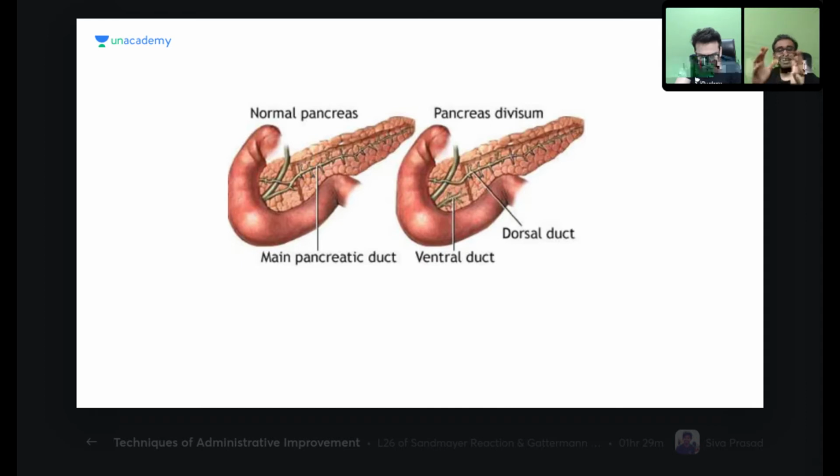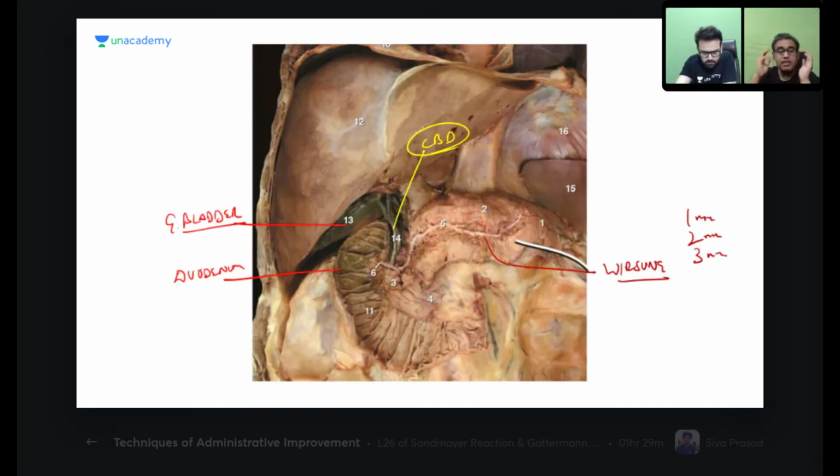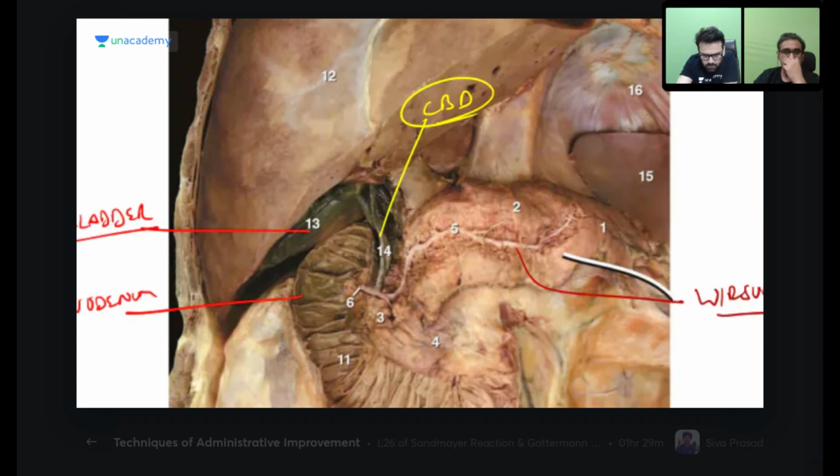Now let's understand the relations around the pancreas. So what are the various relations around the pancreas? For that we can see a figure of the cadaveric image first of all. Please next slide. Look at the cadaveric image also. After that we'll go to the relation part. Now look over here. If possible, boss, can you zoom it a little bit? No issue. Okay, very good.